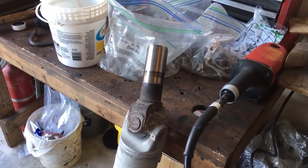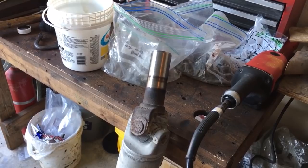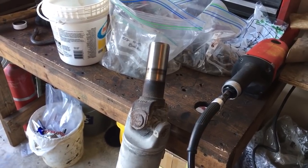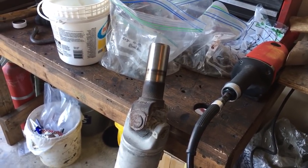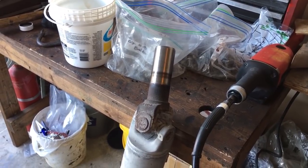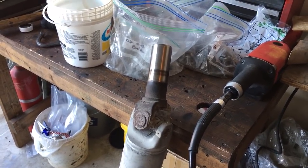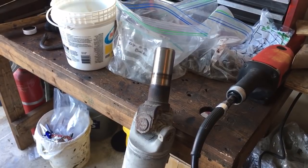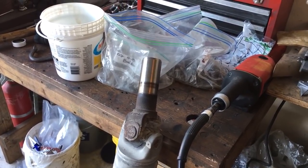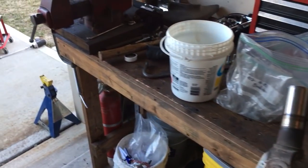Then I looked up online, they do make a conversion joint, because this yoke uses a 1344 series, and the drive shaft I'm looking at trying to use maybe is a two-wheel drive Astro van drive shaft, and I think it has, gosh, I want to say it was 1330, or I don't know, it was bigger than 1310, I think. Anyway, I did a bunch of research last night to make sure they did make a conversion joint for this particular yoke. I didn't want to get stuck trying to use that thing as a yoke, measure for a drive shaft, and not be able to do that. So anyway, that's what I've been doing, playing around,